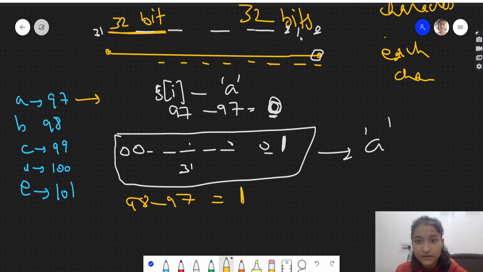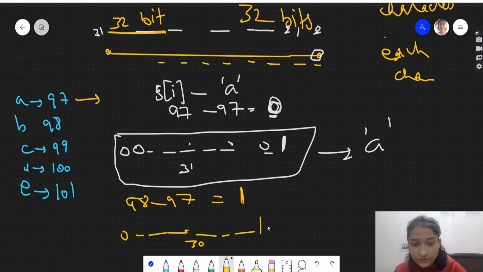So the first bit will be 1, and the other 30 bits will be 0, because only this one first index bit will be 1, to represent b.